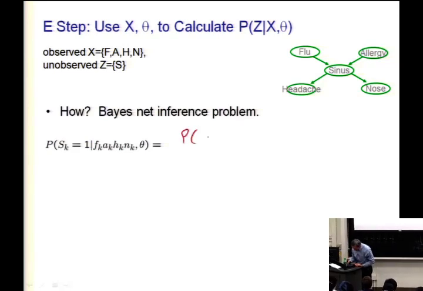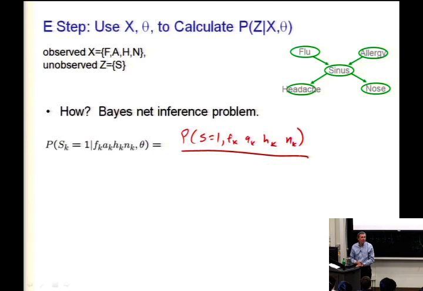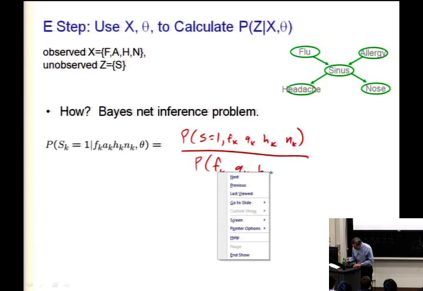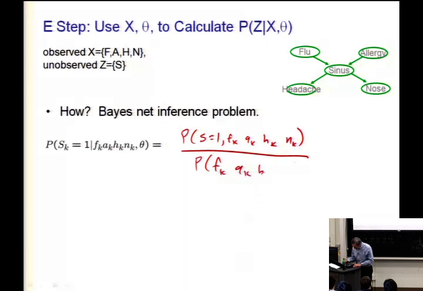This is just the probability of S equals 1 and our other observed values over what? Right, right. Over this. Whoops. Over that. Right? Which we can also write as